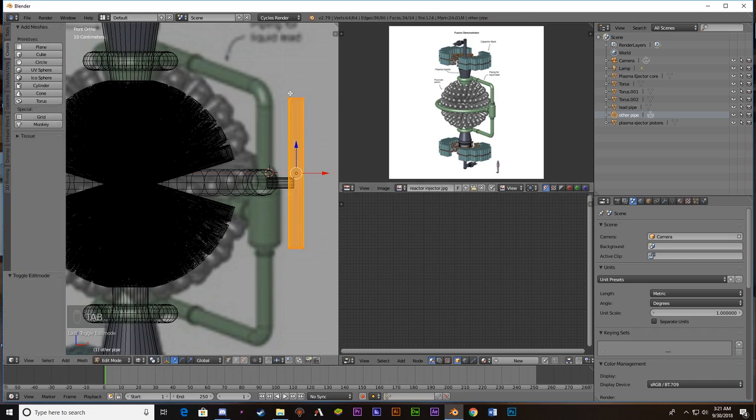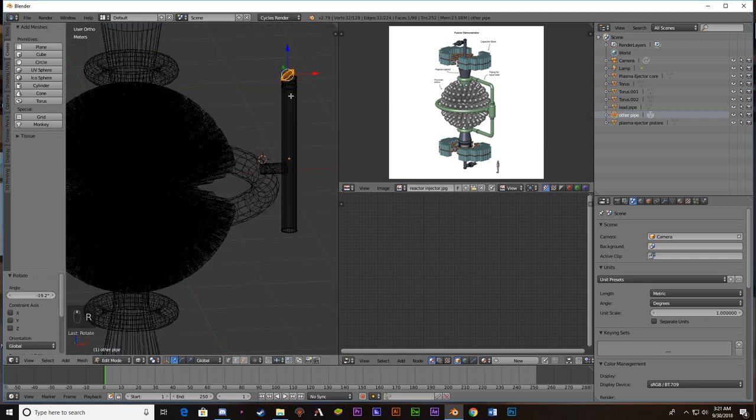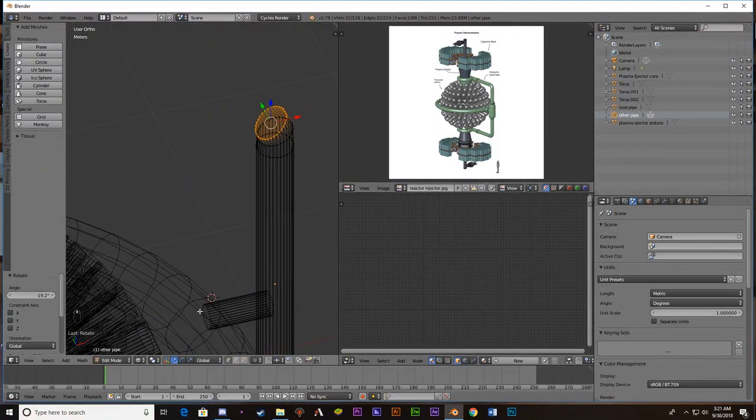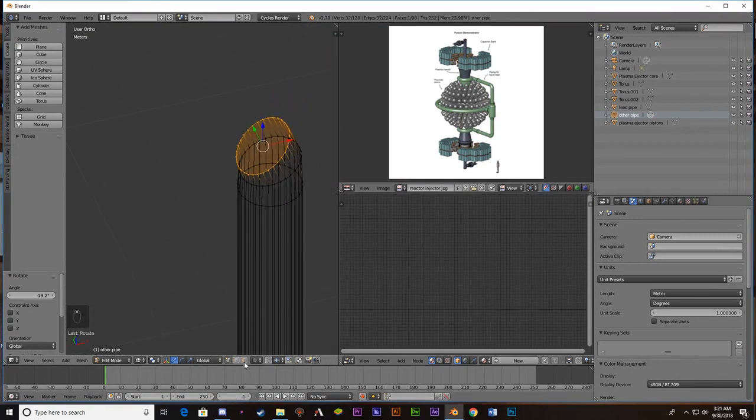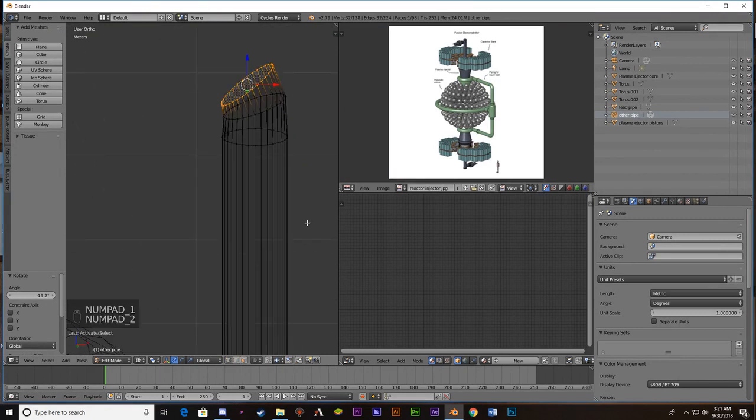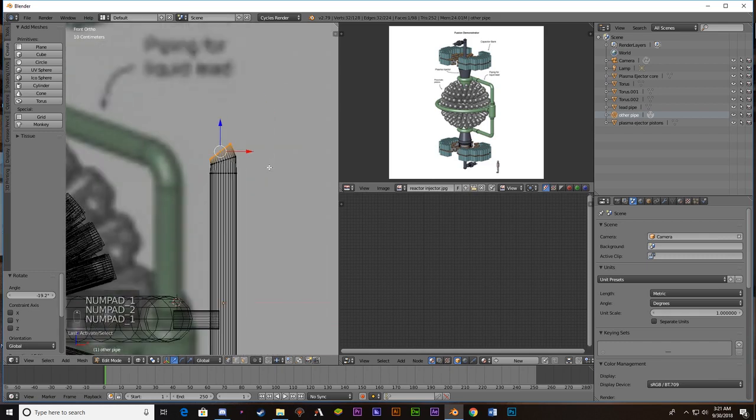Alright, but then we flip over here. Okay. Now, I got to curve this and bring it into that. So, we're going to extrude, rotate, extrude, rotate. Now, the way I'm doing this, it has to have a face. That's a mess there. But if you pop over to faces, you can see that it's got a face. I'm going to pop over to vertices. Alright, and then go back to 1. Thank you. And then extrude, rotate,